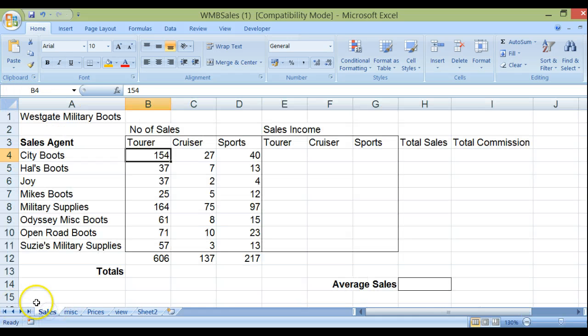Let's go back to my sales sheet now. For the sales income, it will be 154 times the average sales for tour. For cruiser, it will be 27 times the average sales for cruiser. For sports, it's 40 times the average sales for sports. So right here now, equal